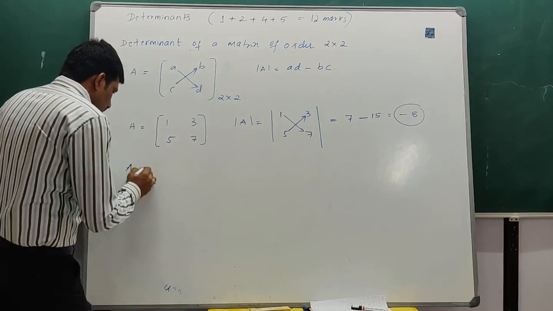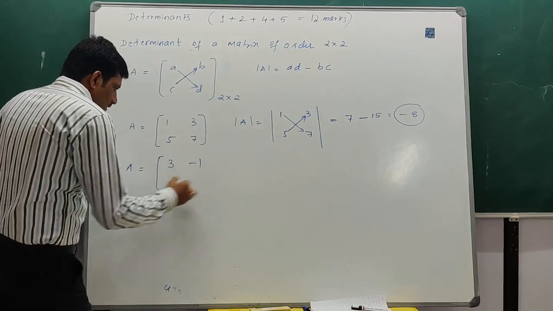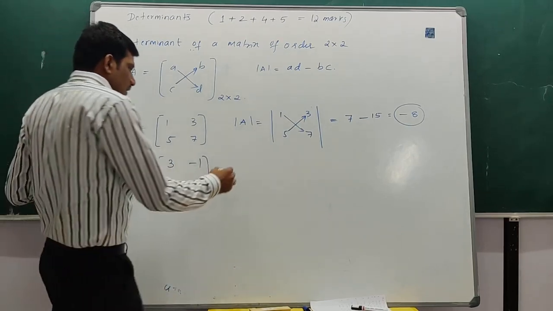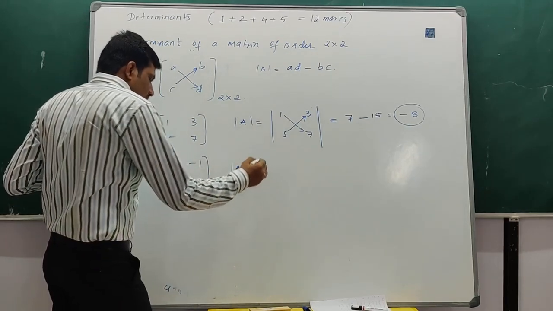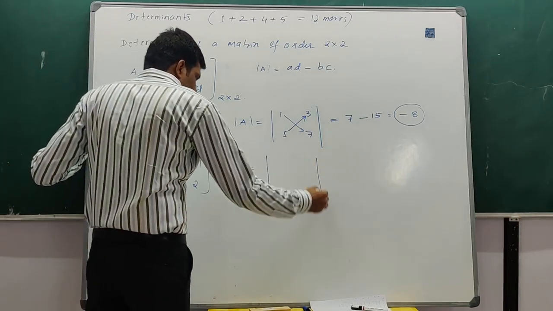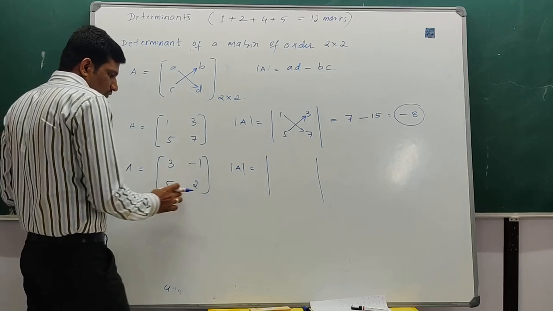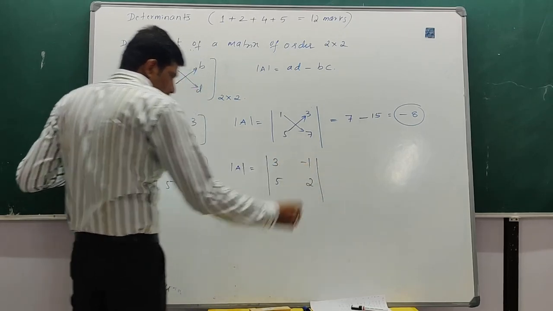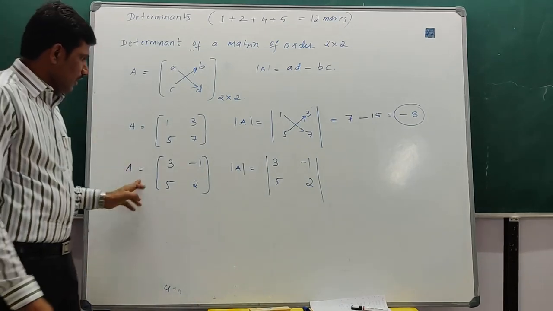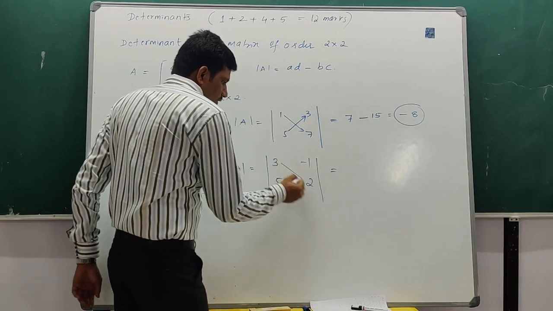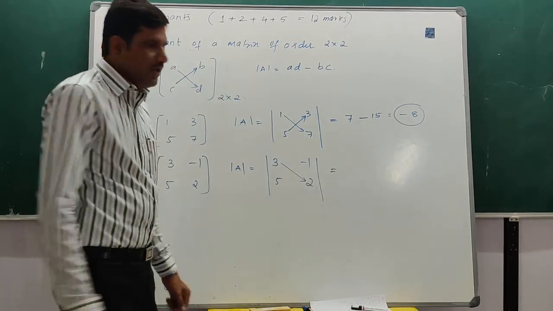Next example, A is equal to 3, minus 1, 5, 2. Right? So this is matrix A. So determinant of A is the determinant of 3, minus 1, 5, 2. First we will multiply these two elements. So 3 into